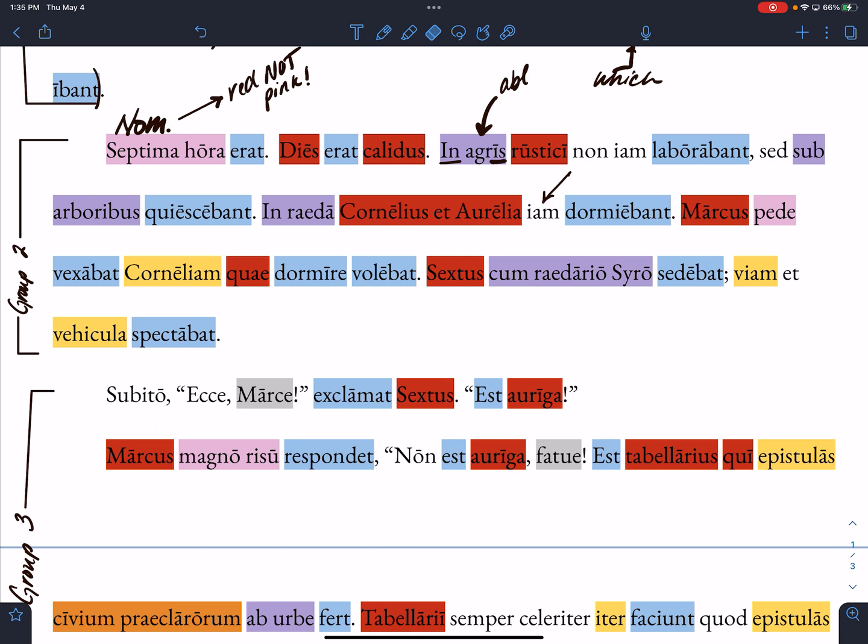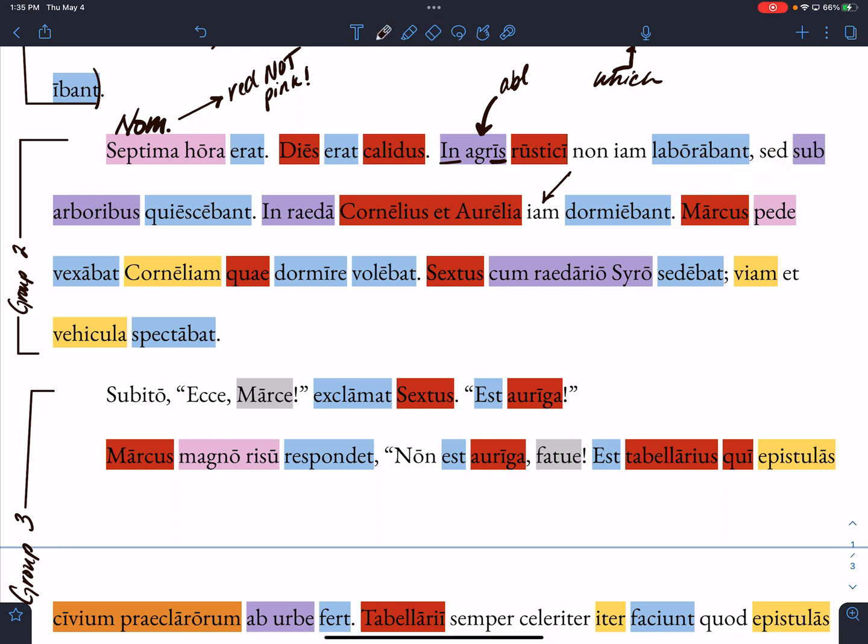Okay. Marcus's feet were annoying Cornelia, who wished to sleep. Okay, I'm gonna be a little nitpicky about that. Let's work through it. So, you said Marcus's feet, right? The feet of Marcus is how we would do that. If the Latin suggested that, this would have to be nominative, and this would have to be genitive showing possession. It would be pes Marci, but it's not.